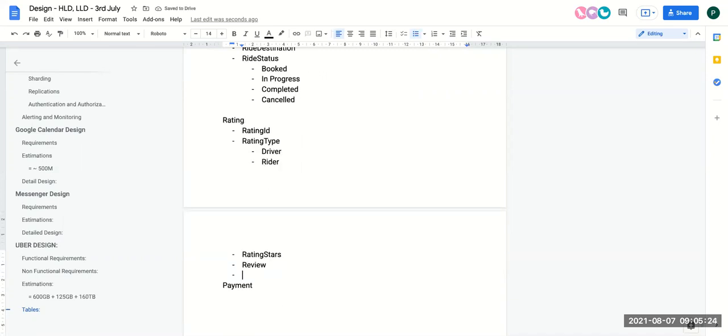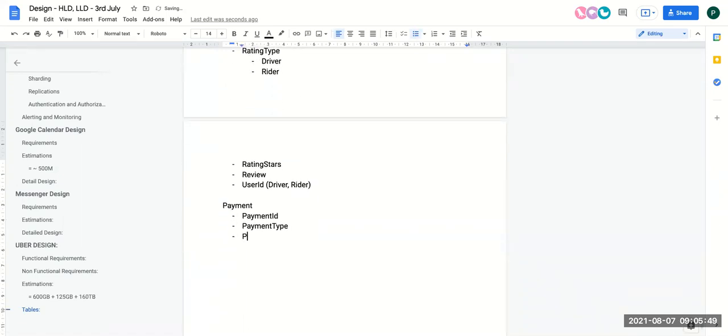Definitely we need to have an ID, right? So identifier ID. So we can say user ID, and the user can be either a driver or the rider. So these are all the ratings which we are capturing. And in the payments table, we'll have payment ID, payment type, correct?